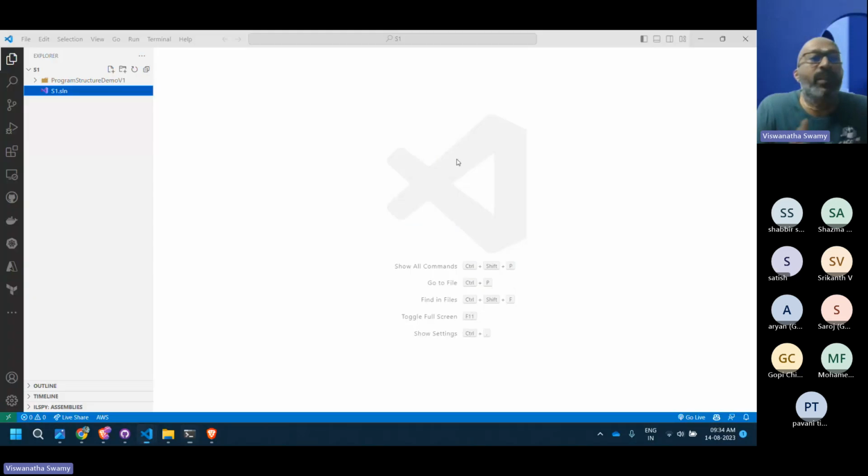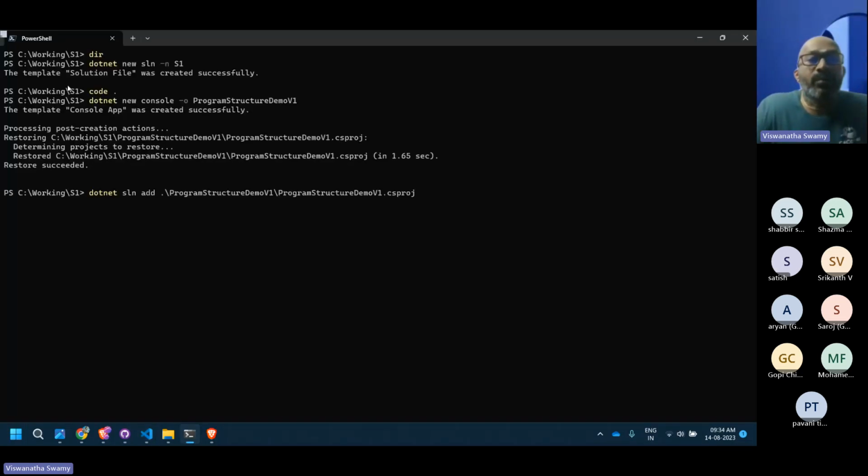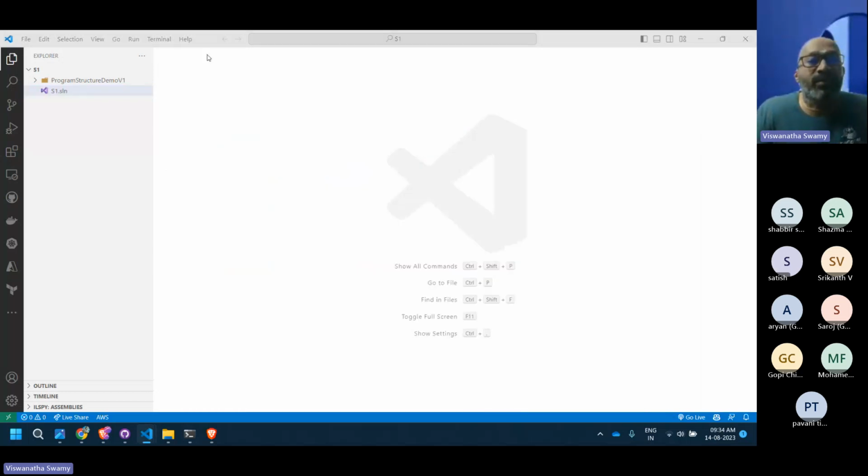We said that the solution is a parent container which will have multiple projects. We'll discuss what this solution is, what that project is. Now if you see, that is being added here. There are other ways to add it, but for today we'll learn the toughest way to do it.